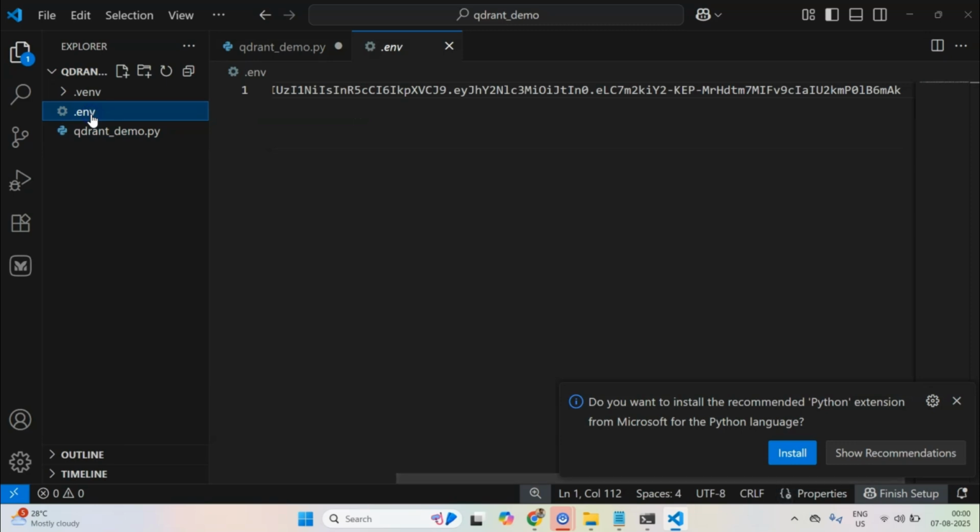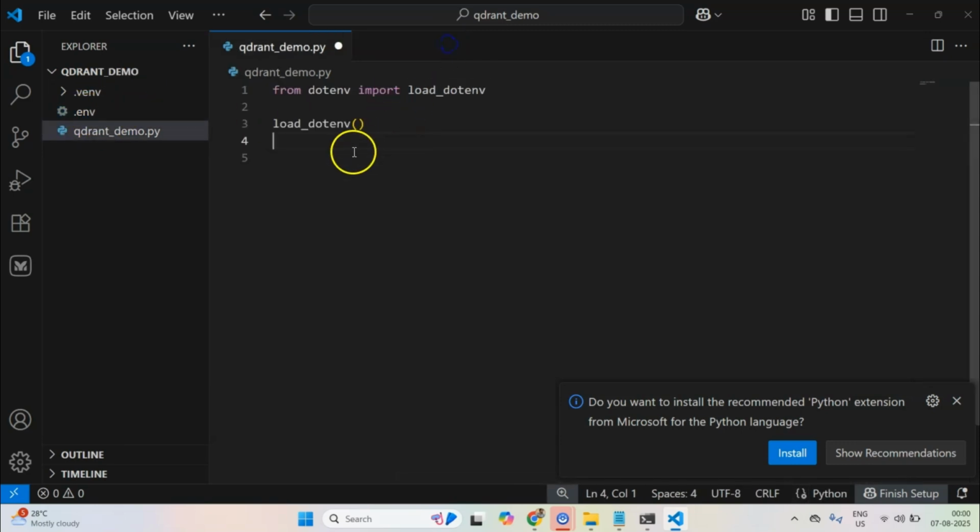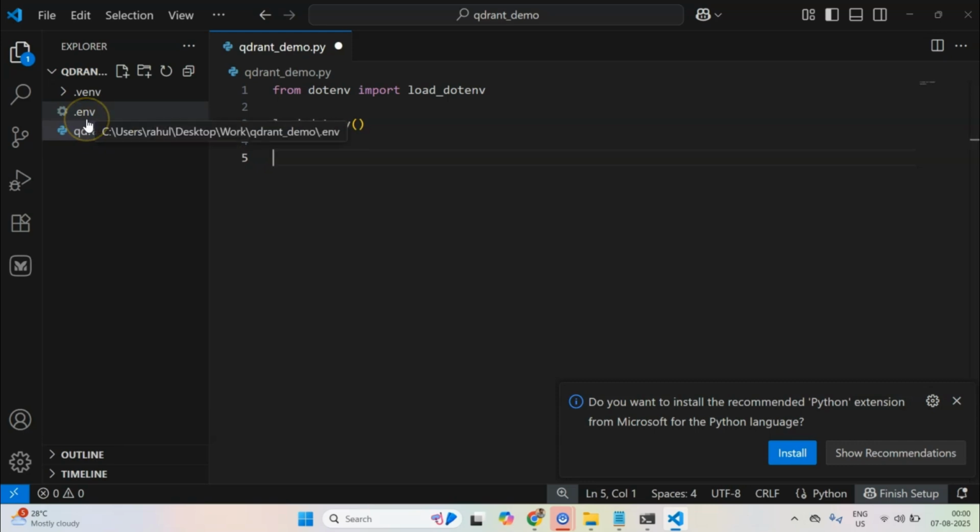If, for example, we don't have this .env file present, it will throw an error. And there might be situations where you have this .env file located somewhere else. In that case, you can specify the .env path in between parentheses. But in our case, since the .env file is present within the same directory, it shouldn't be an issue.